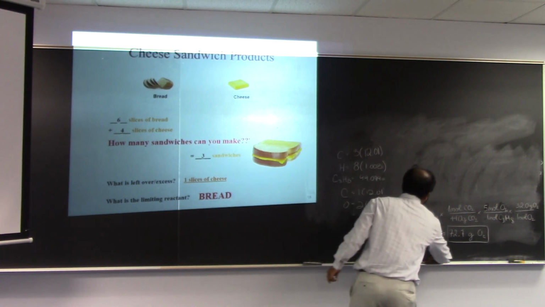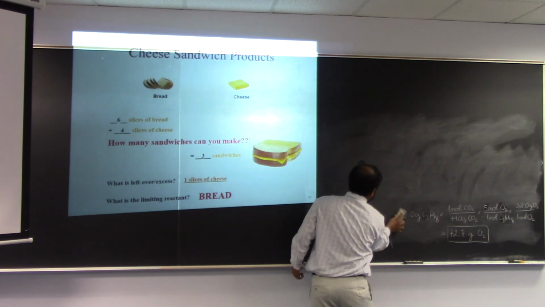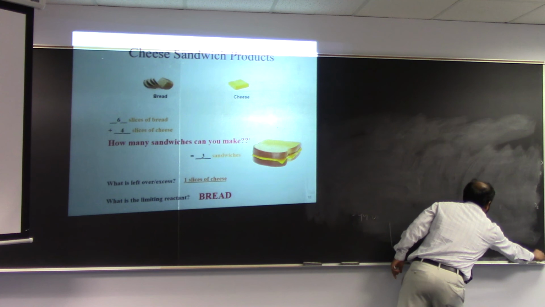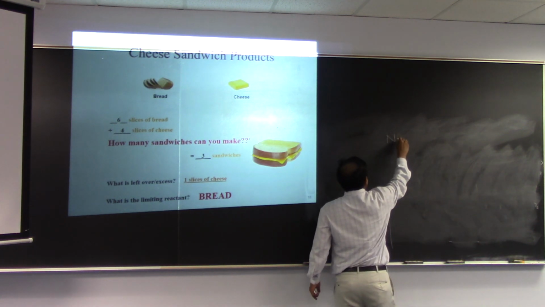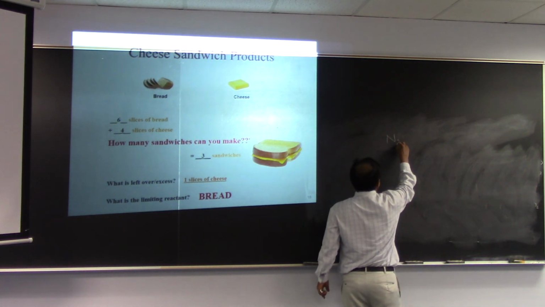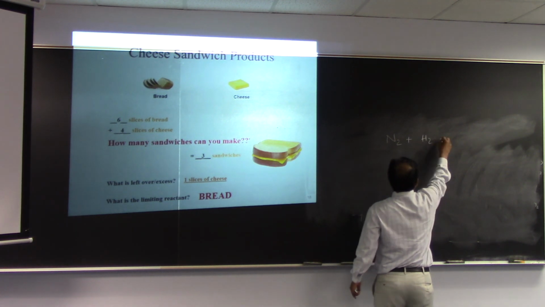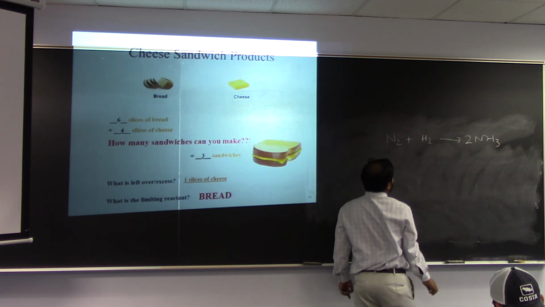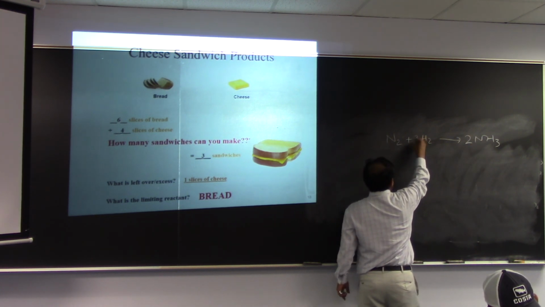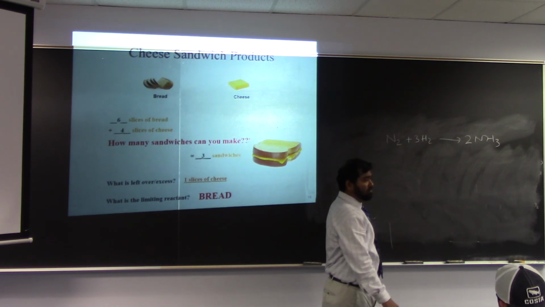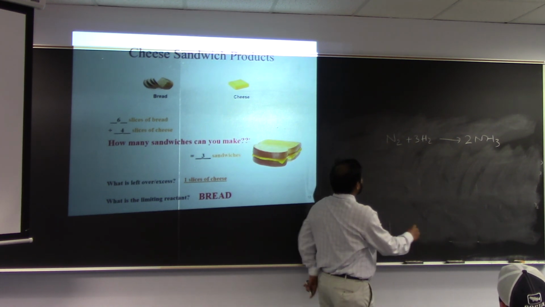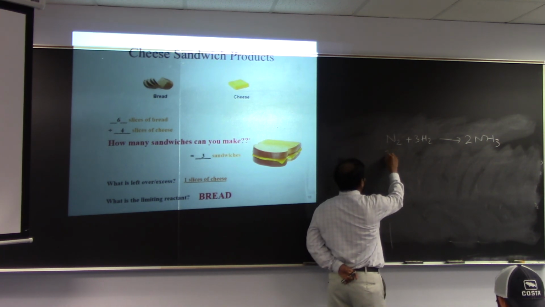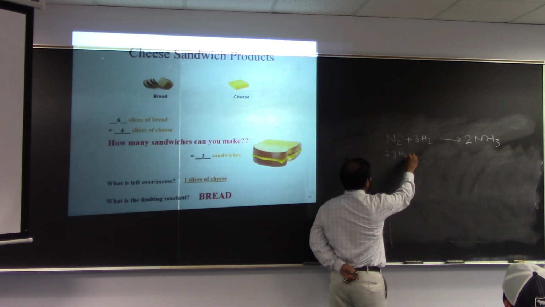Let's go to a simple and basic example. That will be more clear. So I'm going to use the same example we did today. Nitrogen plus hydrogen forming ammonia. So 2 molecules of ammonia form from 3 moles of hydrogen. Now I have, for instance, I'm starting off with 2 grams of nitrogen and